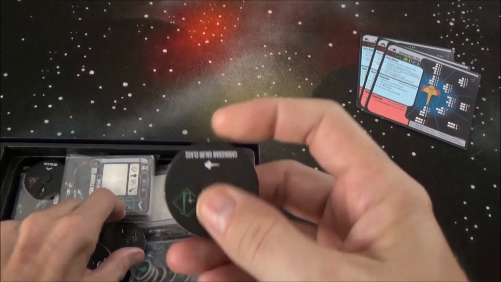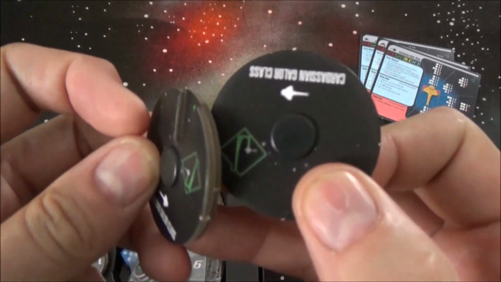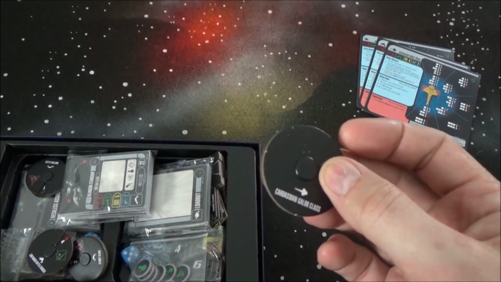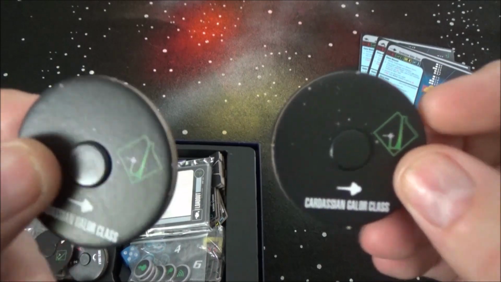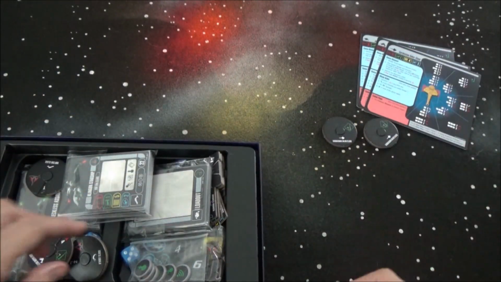So we have our dials, and in this, oddly enough, maybe they listened, we do have dials for the Galer class. I don't think there's one for the battleship, though. Double check. No, there is. So yeah, maybe they actually listen to people in that. But you have your 2 dials for the Galer class ships,